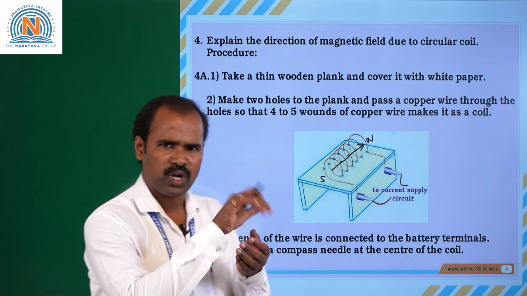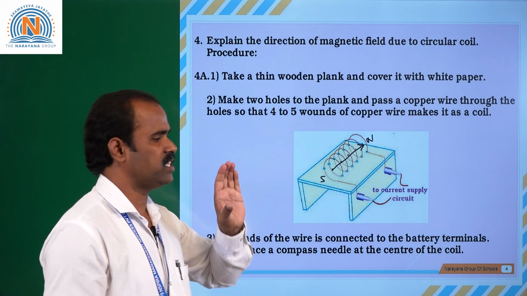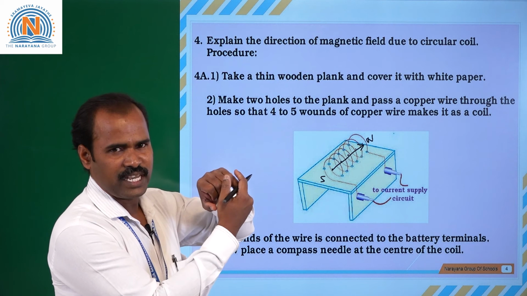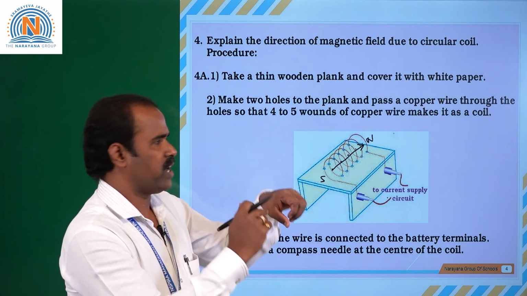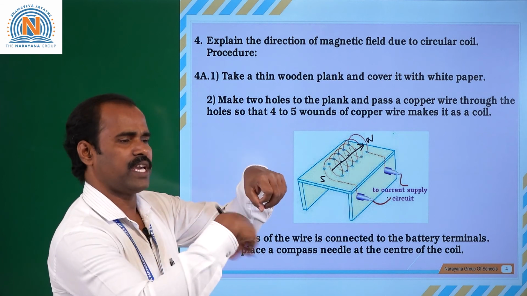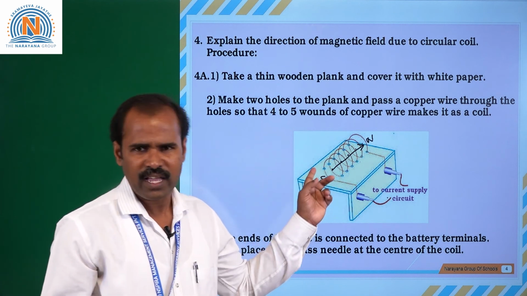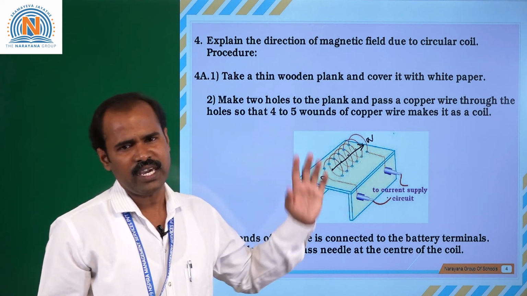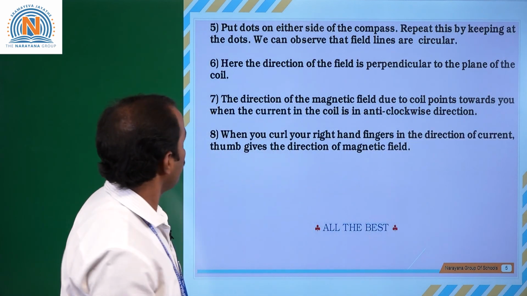Like that, the curved conductor produces a magnetic field which is perpendicular to the face of the coil. If these are the curved lines, then of the two faces, this face acts as south pole and this face acts as north pole. If it is clockwise, and if it is anti-clockwise, just interchange the terminals. In the anti-clockwise case, this face of the coil acts as a north pole, and that side acts as a south pole. Like this, the magnetic field produced by the curved conductor or coil is perpendicular to the face of the coil. Okay, next question.